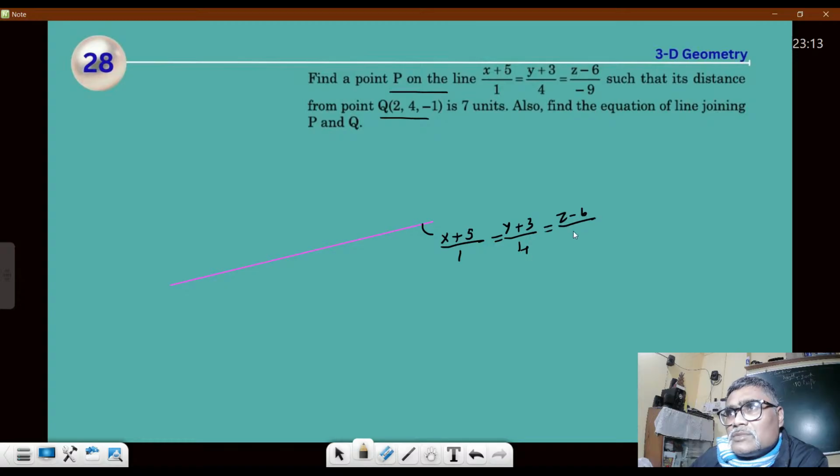Z minus 6 by 9. This is my given line. And you have to find a point P here. Say this is the point P. I have to look in this pink line